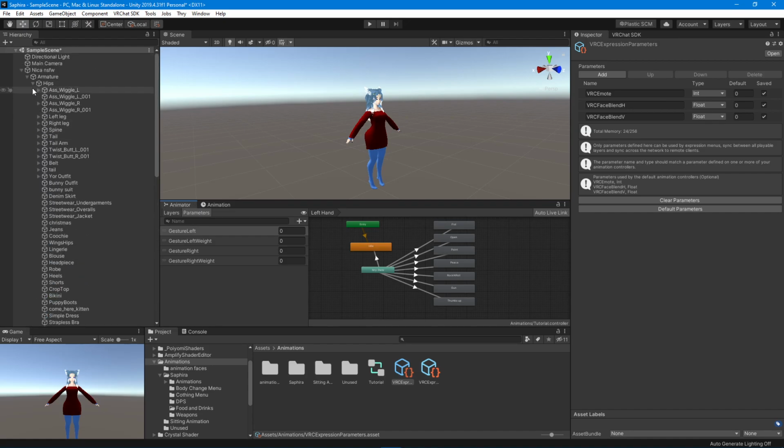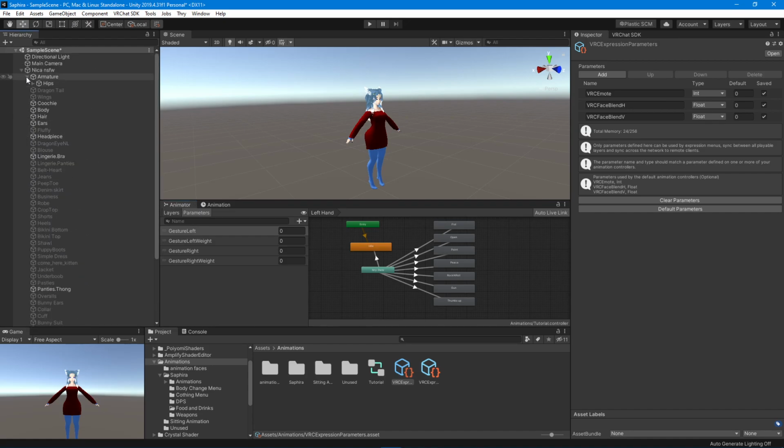And so, what you're going to want to do, I have my armature already open. You're going to come over to your hierarchy, which is right here. See, I got all these here. This is my whole new outfit that I'm working on. I'll get into that in a minute because I'm actually going to be using my avatar to create the toggles for the sweater, the thigh highs, the gloves. It's also got an inner and outer dress, a comfy outfit underneath,